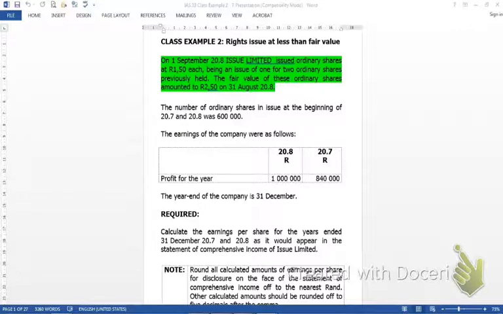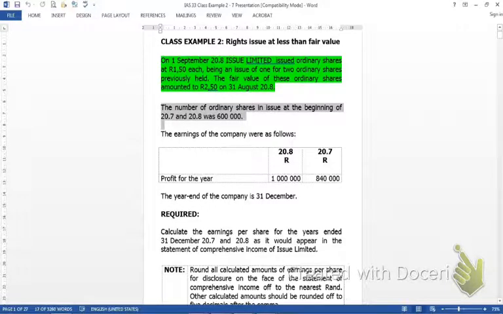The fair value of these ordinary shares amounted to R2.50 on 31 August 20.8. So the old shares had a fair value of R2.50 and the new issue is at R1.50, much lower than the fair value. And then we have the number of shares that is in issue at the beginning of 20.7